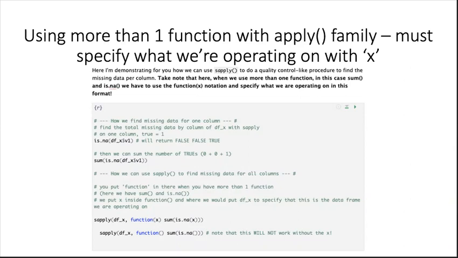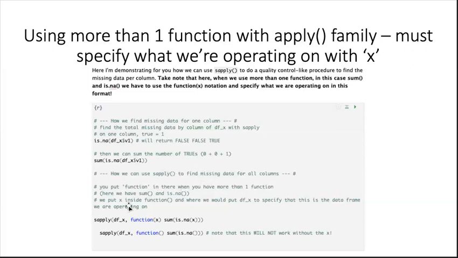So in this example below, we're trying to find the missing data for one column. This is how we do it without the apply family, just is.na with this column. And we can sum, of course, the number of NAs that we find in that column, and we're just nesting those functions together here. But we, of course, can use the sapply function to find missing data for all